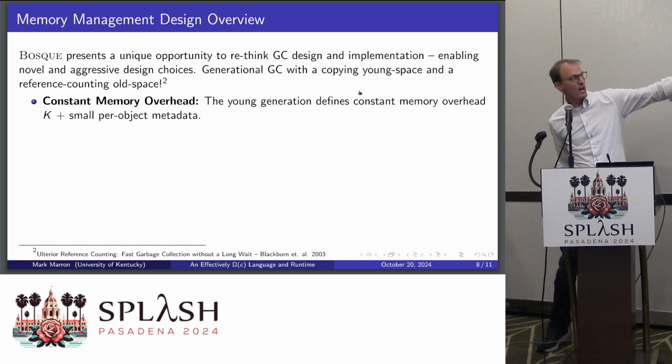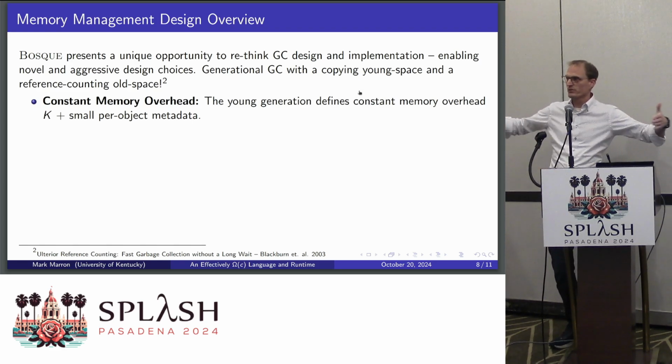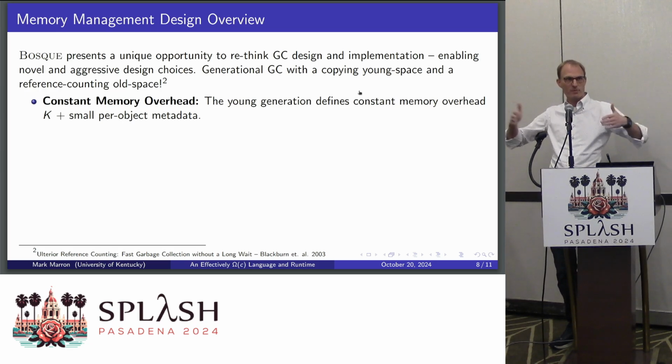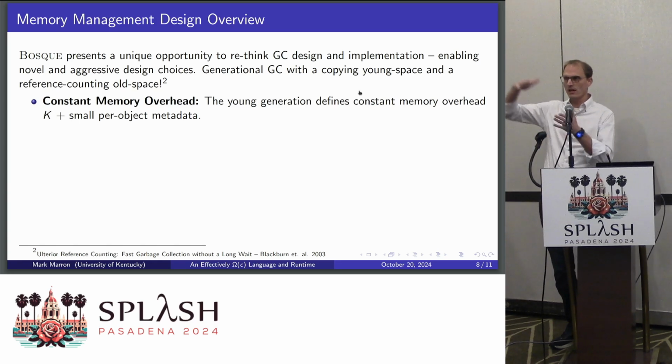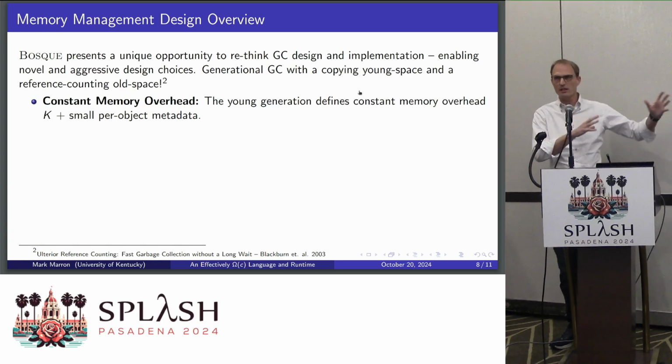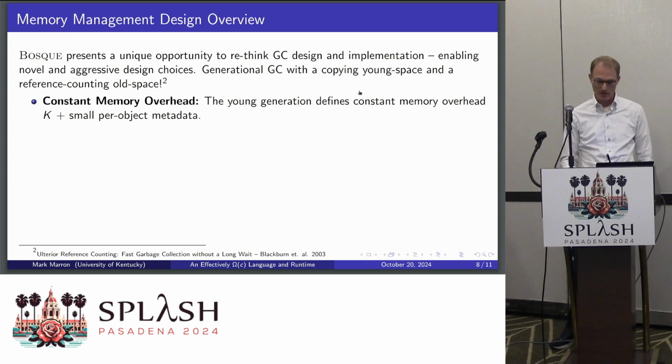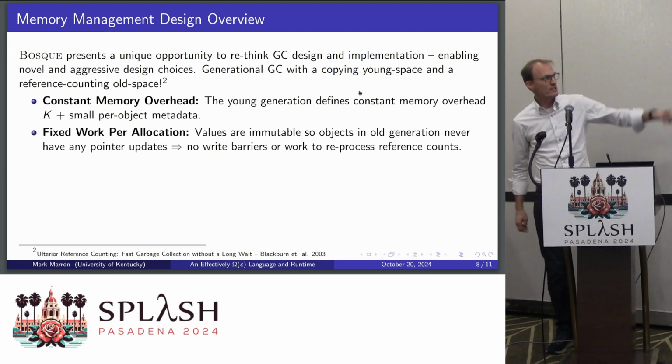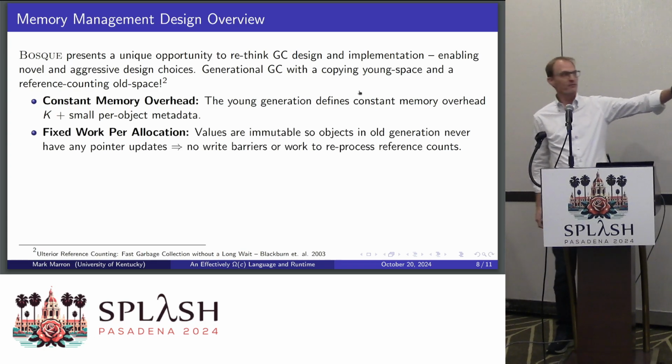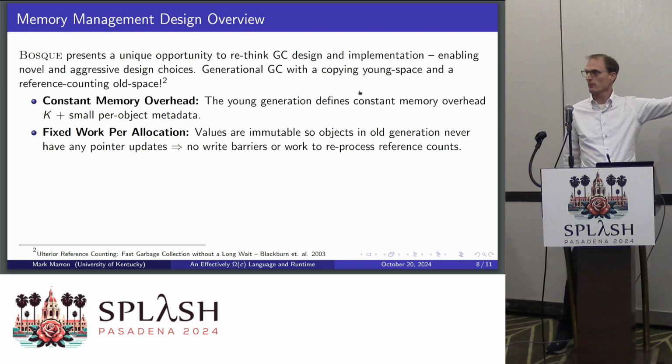Well, the cool thing is all these features of Bosky get rid of that. So just by the design, we don't have to have multiples of the heap as spare space to make the collector efficient. We just need the space of the memory, which is the young space, and then the old space is ref counted. So we have a constant overhead of garbage memory use, right? Since we can't mutate anything, we have a fixed amount of work. So we actually have a real-time collector guarantee here.